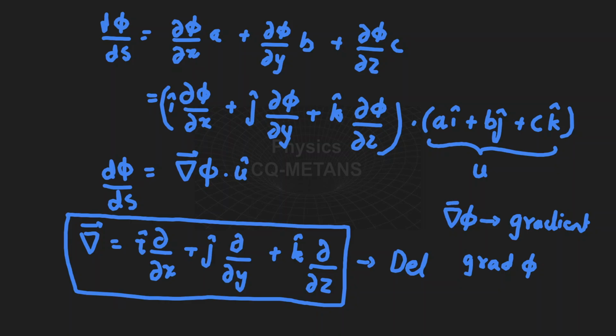Notice that this del has i, j and k, so it is a vector operator. This ∂ by ∂x acts as an operator on some scalar field to get some vector. So the gradient of a scalar is like operating on a scalar field to give you